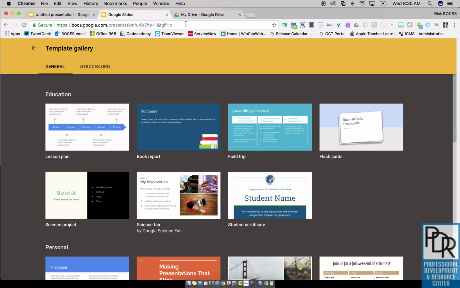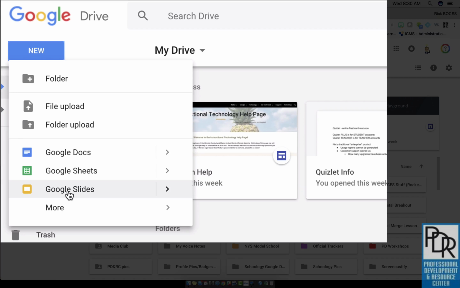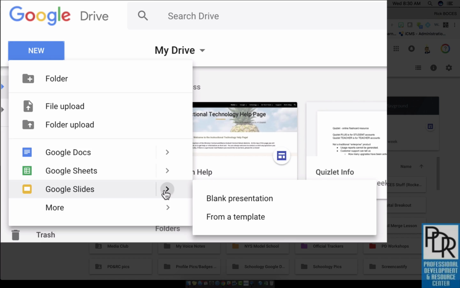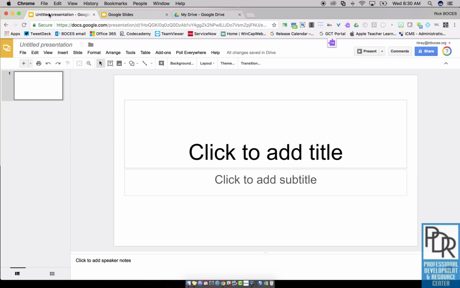Another way to access Google Slides is within Drive. You can select New and Google Slides. Now, from here, you can also get your templates. You can either say that you want just a blank presentation or from a template. But either way, you'll end up with something that looks like this. So again, templates are available both from slides.google.com and from Drive, and you can pick the one that is most